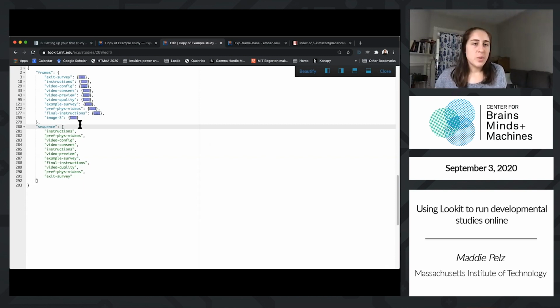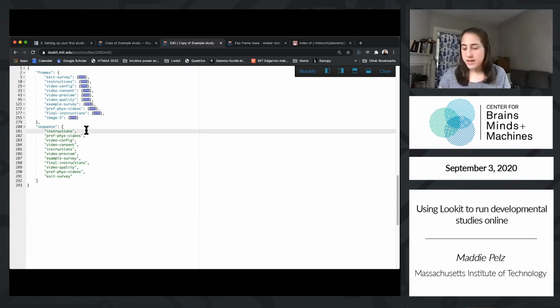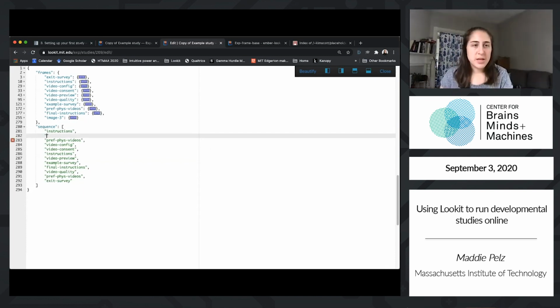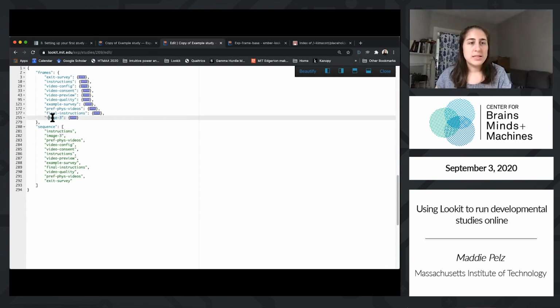So one thing we want to do is make sure we actually add that to our study. So let's go ahead and add that to our sequence. The only important thing at this point is, again, to make sure your commas are right, and also to make sure that if I did image_3, it would break and it wouldn't know what I was referencing. So make sure you're using the exact reference string in there. You can even copy paste if that's easier. So now we should see the instructions, then that image audio frame, and then